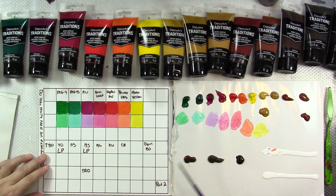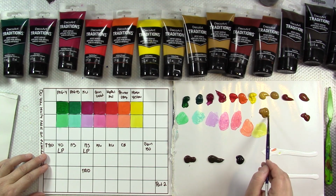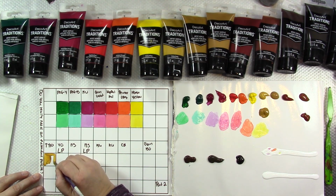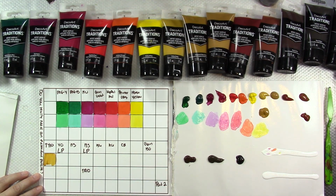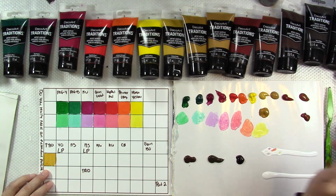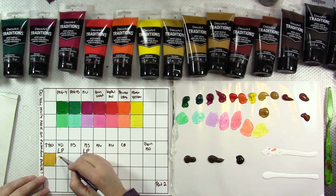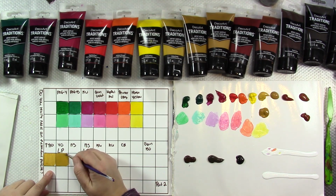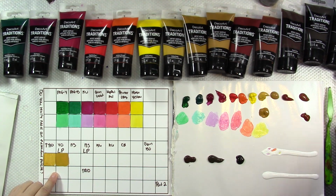All right, the reason why I have yellow oxide here is because I have transparent yellow iron oxide here. If you like the look of transparent yellow iron oxide but didn't have it, you could do it with yellow oxide. And I'm not even going to put white in that because that's defeating the purpose of transparent yellow iron oxide. And then we have yellow oxide. I'm going to do this just to show transparency and opacity. You could add medium to the yellow oxide. You would have to go back to that video to see how this was done on the buy or DIY